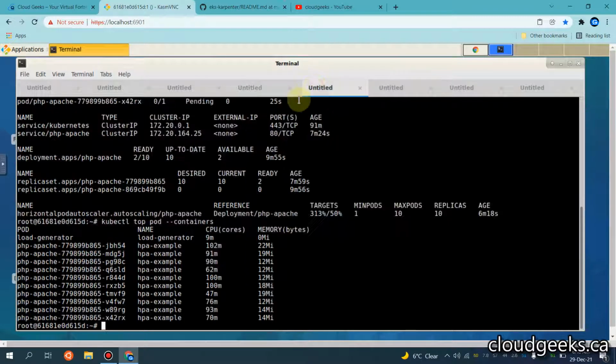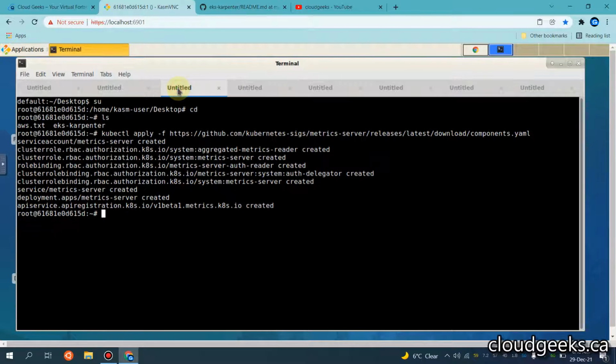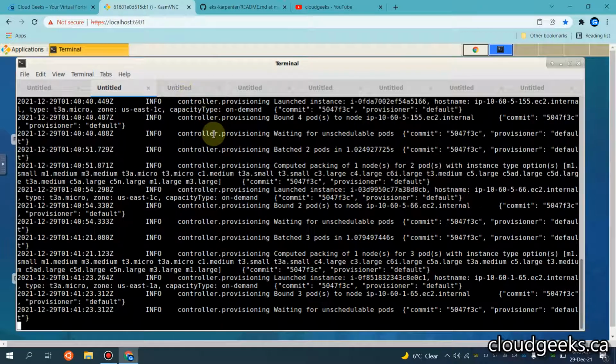So let me navigate to the logs of EKS Karpenter. So these are the logs of EKS Karpenter. So guys, now you have an idea about this.